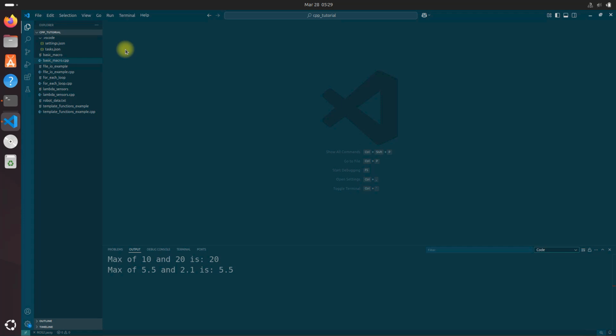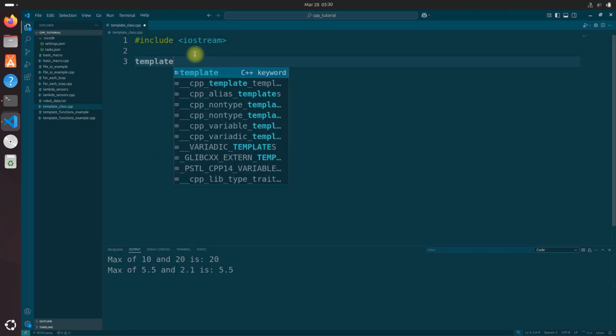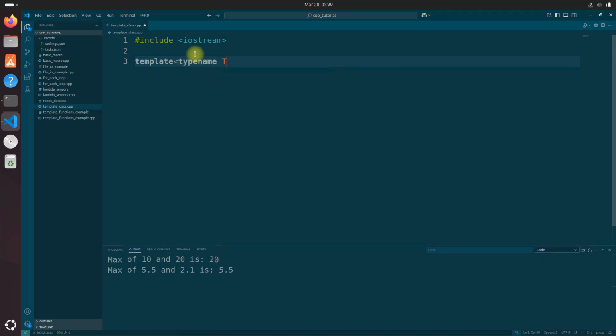Let's explore template classes in C++, which allow us to create generic classes that can work with different data types. This is particularly useful for creating reusable data structures in robotics applications. Create a new C++ file and name it templateclass.cpp. Okay, and type the following into the code editor, #include <iostream>. Okay, template <typename T>, class Point,